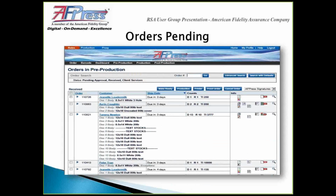This is the orders pending screen. When an order is received, it's inspected by a member of our client services team. The team assesses each job for quality of content, makes sure the instructions are clear, and that the file is printable. We get people submitting files of various formats and various ways to render a PDF, and everybody knows not